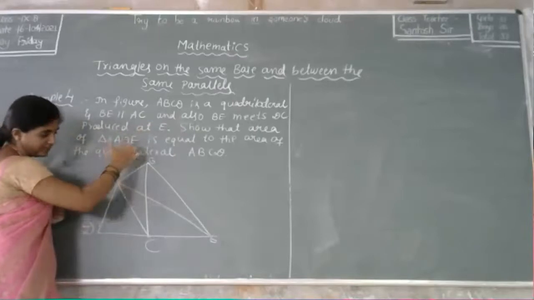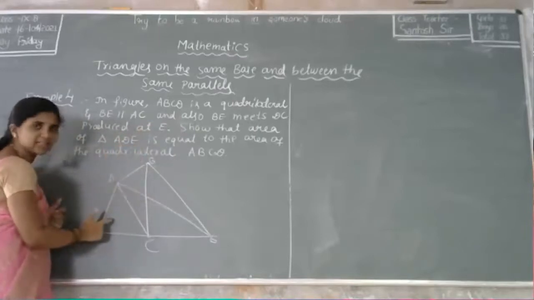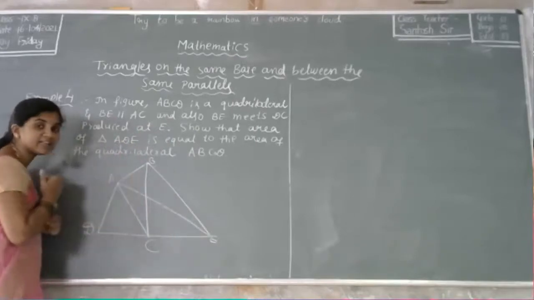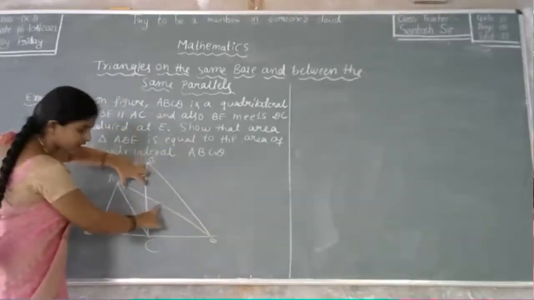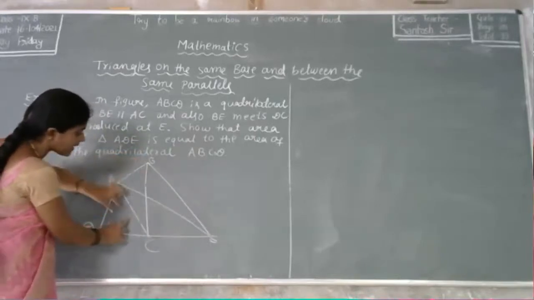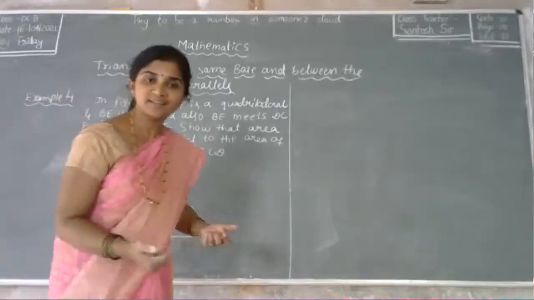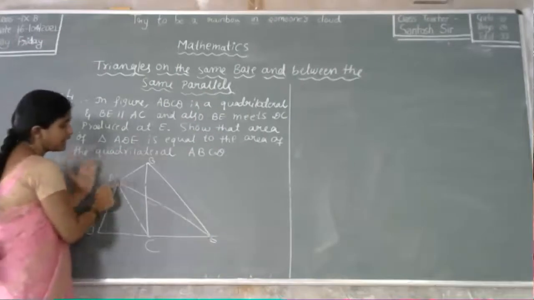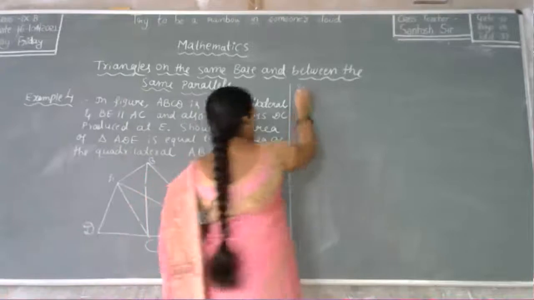ADE is equal to. Again, same to same for this ABC triangle. If we add the same ADC triangle, then we will get the ABCD quadrilateral. If equals are added to equals, then wholes are equal. Now these two triangles are equal in area according to theorem 2. For that equal area, if we add one same area, then wholes are equal. Got the idea of this concept? Okay, so for that, first we have to start the problem with triangle AEC and triangle ABC. Okay, let us start the solution part.